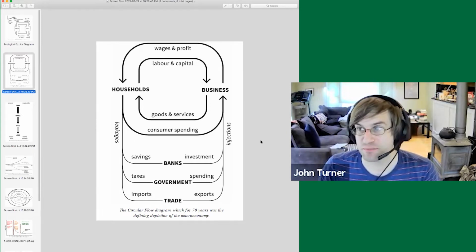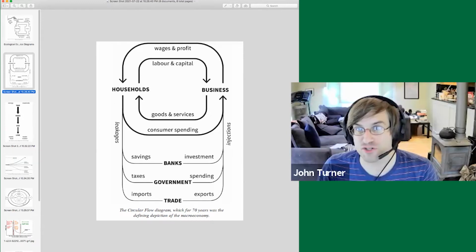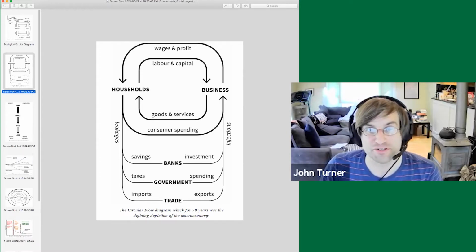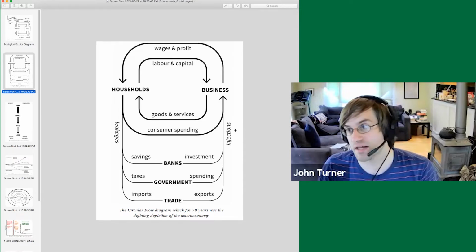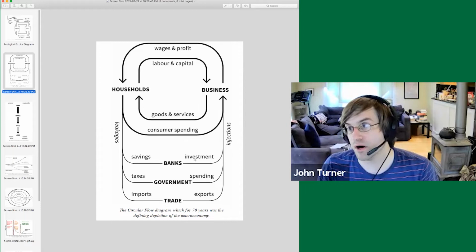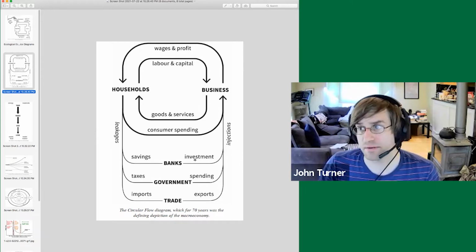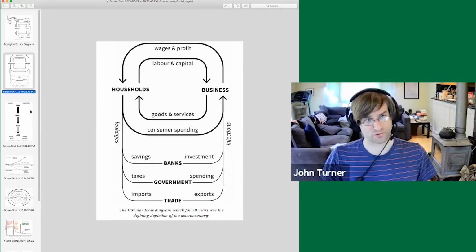This is ultimately a fairly simple answer, but one that is pretty important for what we're talking about next. Oh yeah, I forget that the chat is, yeah, money. Both Dylan and Michael, you got it right there. Everything here could be given a monetary value. Just think about the ways that these things are labeled: labor and capital, wages and profits, spending, savings, investment. All of these are potentially described in terms of monetary value. The overall size of the economy is something that we could also describe in monetary value: gross national product or gross domestic product.